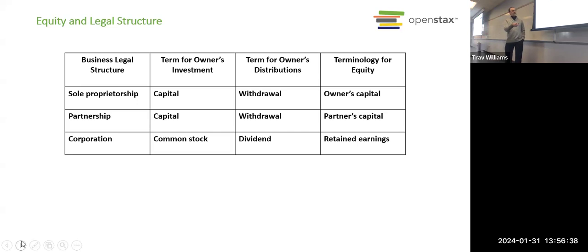When the board of directors elects to give you some of that money back, it's a dividend. So as a stockholder, you don't have control over when you get money back. It's up to the board of directors. You could always sell your stock to somebody else, but you can't force the corporation to just give you money. It's up to the board of directors to pay the dividends.